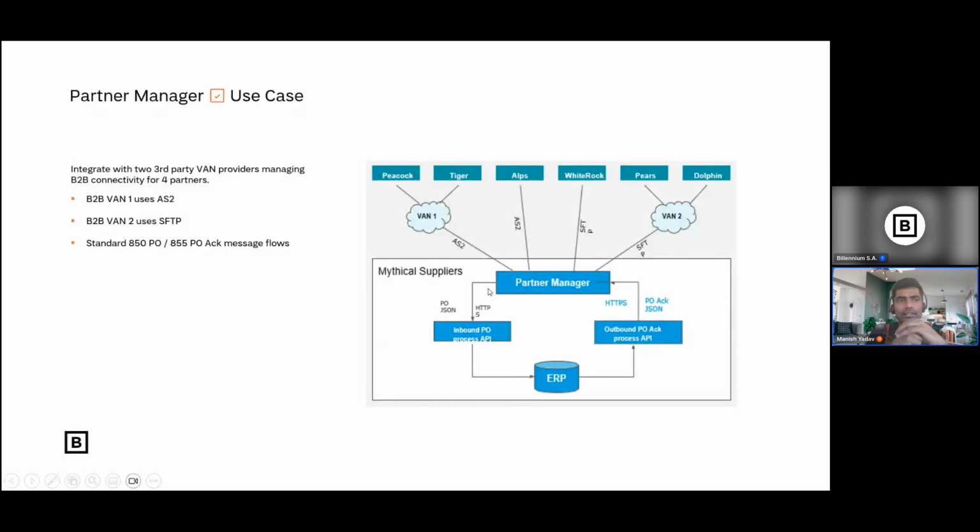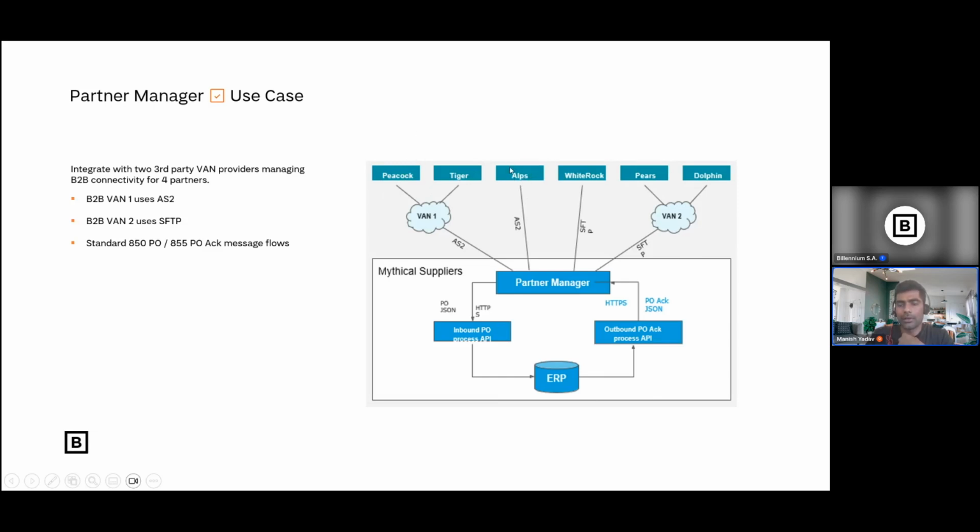Okay, so let's understand this use case. For example, you have 6 customers. These are nothing but trading partners. Why are we calling them trading partners? They want to trade business with us. Us means this is Amazon.com, just as an example. And these are the trading partners where you are sitting. So this is you.